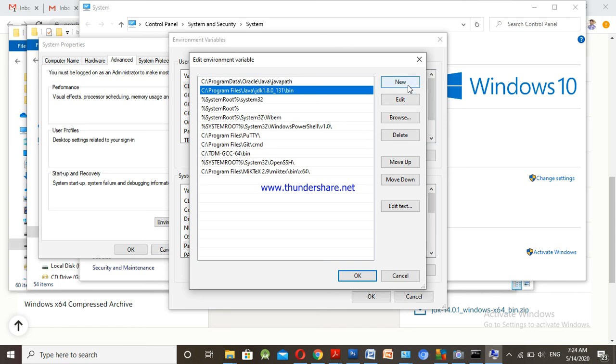You have an option new. You just click on it like this. You just enter the path, and then it is better to move that Java path to the top. You just click on move up